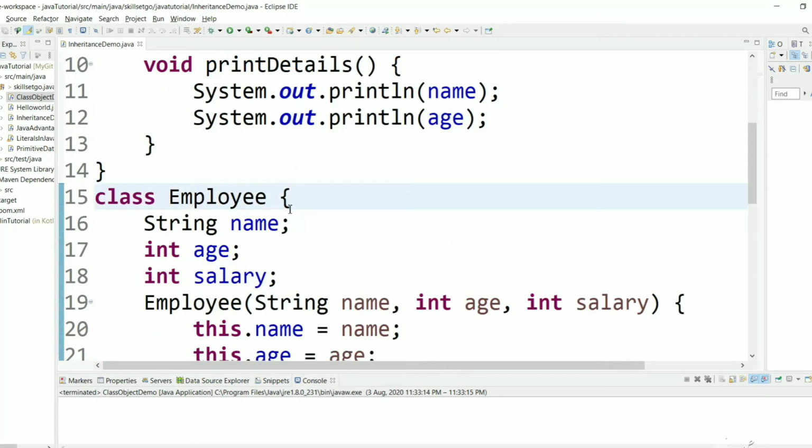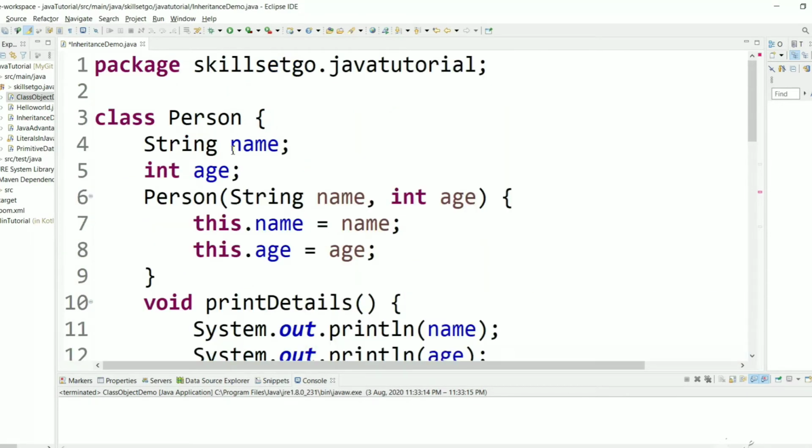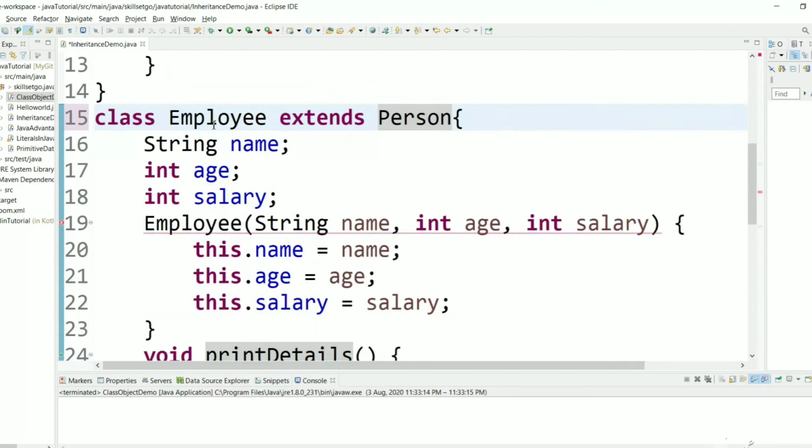In Java we use the extends keyword. After the Employee class name, we specify extends and the parent class, which is Person. As soon as you declare extends Person, all the behaviors and fields can be accessed from the Employee class. And now we no need to have name, age in this Employee class.